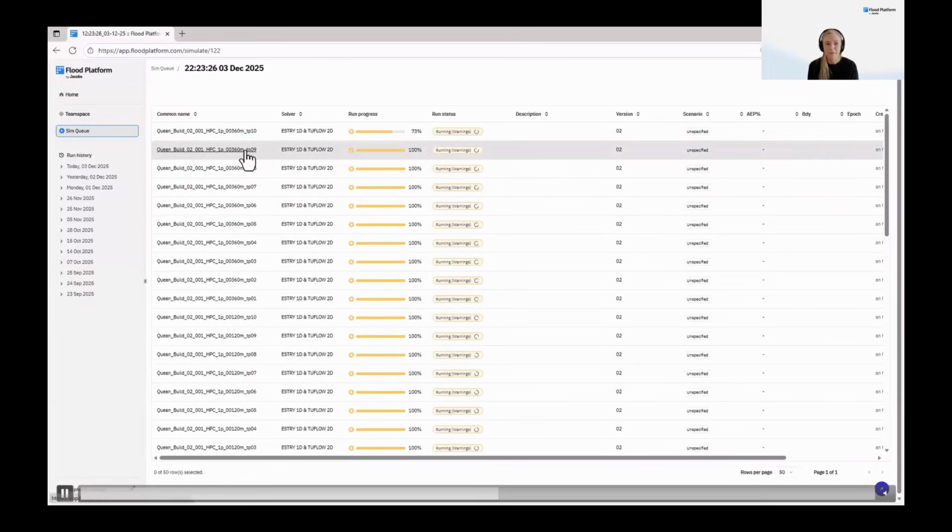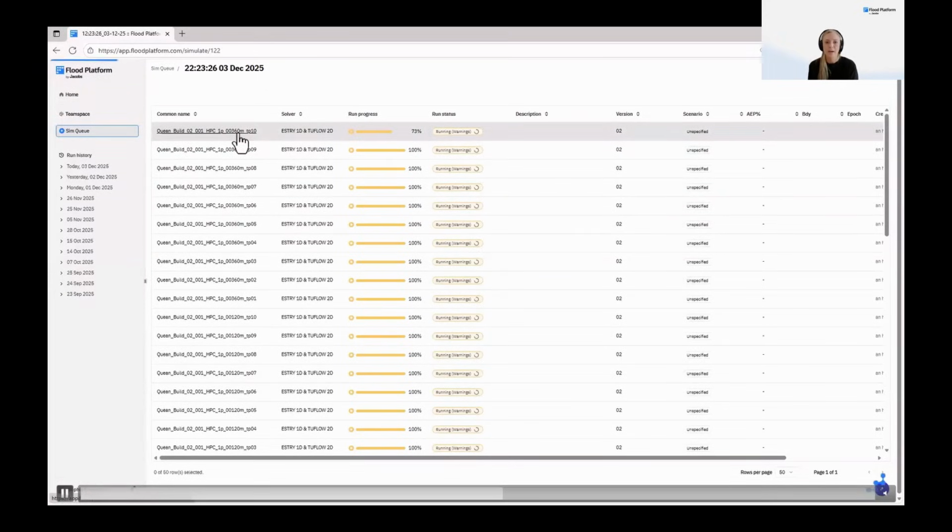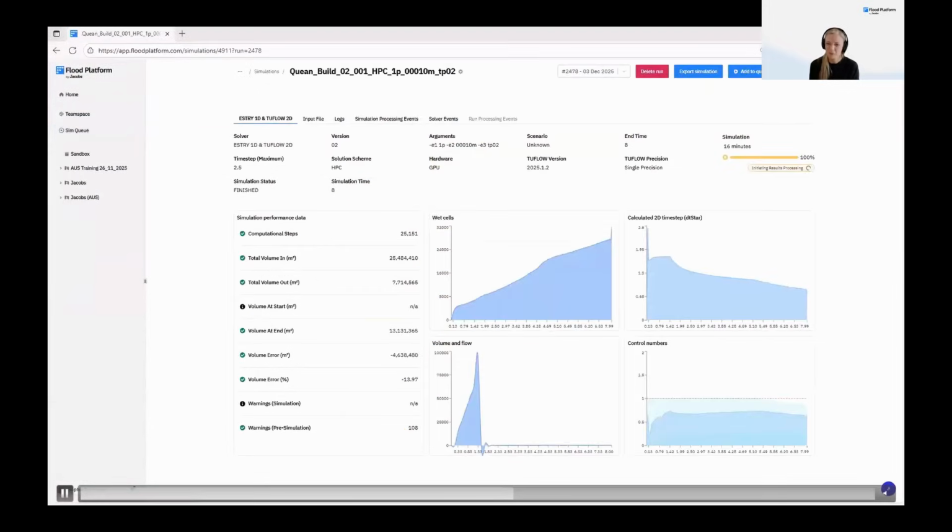You can view this on your iPhone. And if you want to have a look at how that simulation health is tracking, you'd ultimately want to do this before you launch 50 sims, but you want to have a look how the simulation health is going. This is what Chris showed earlier. You can see the calculated time step. You want to make sure that that's okay. You can see the different control numbers as well.